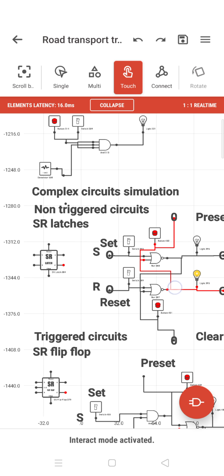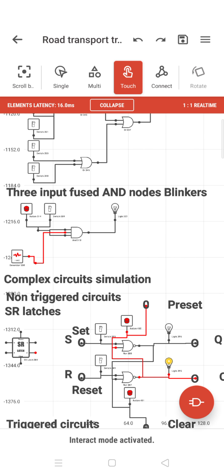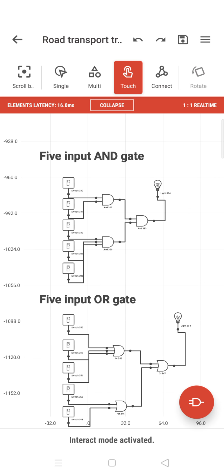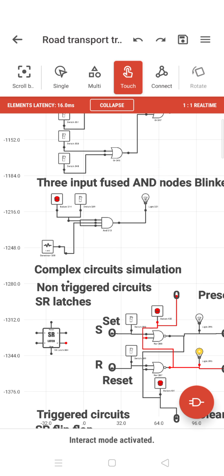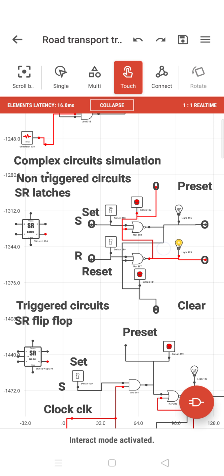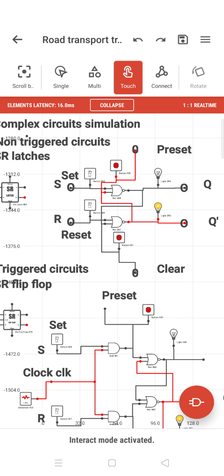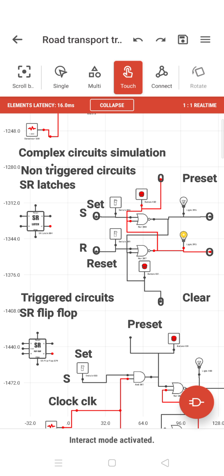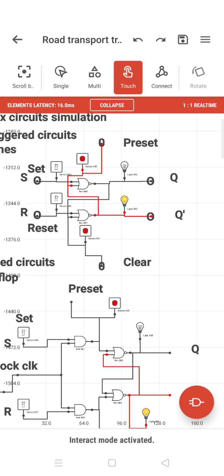So this is complex circuits. First we saw simple AND gating, how to combine OR gates. These are all simple circuits. Now we want to combine a complete logic chip. Then you can have 2 AND gates, 1 switch, 2 switches, 3 bulbs, with a preset and a reset button, and you can give a clock, everything. This is called a latch. This is the basic idea of a latch.